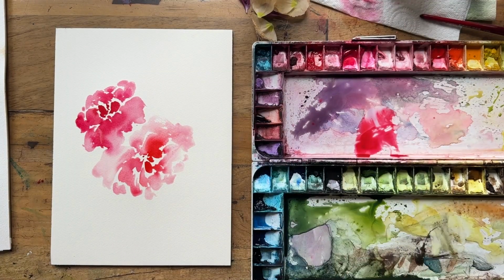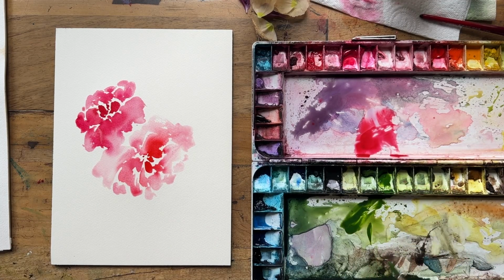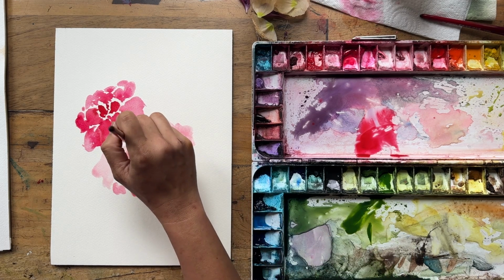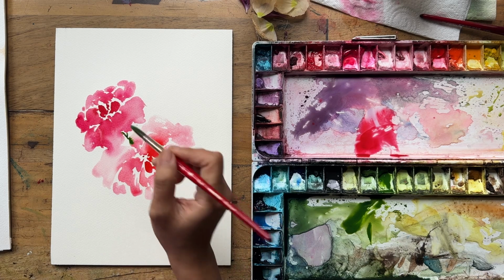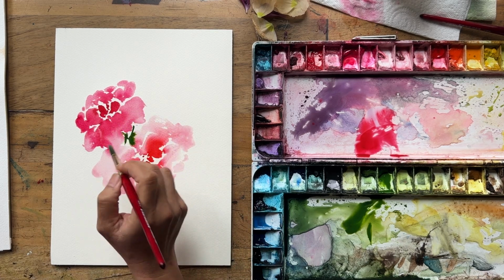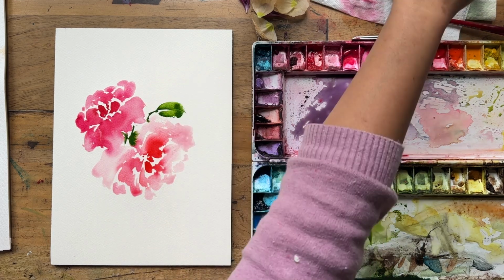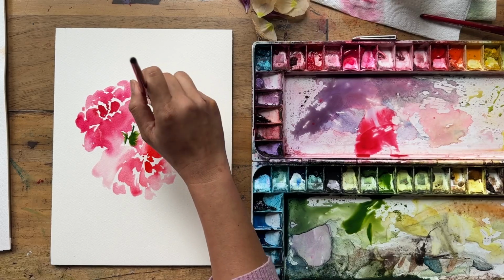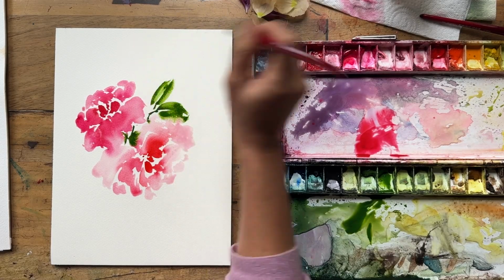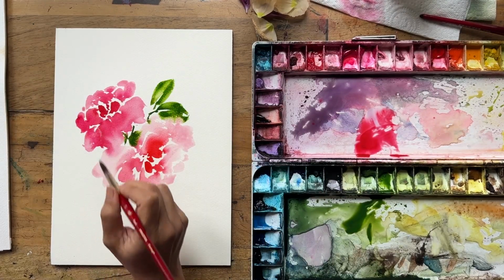All right, I'm pretty happy with this first foray into the peony, and I don't know how it will turn out because I seem to have a lot of space. So I'm just gonna start by looking at where the first leaves are poking up from. Ooh. Already I am loving how my sap green is looking much brighter than the one over there, because